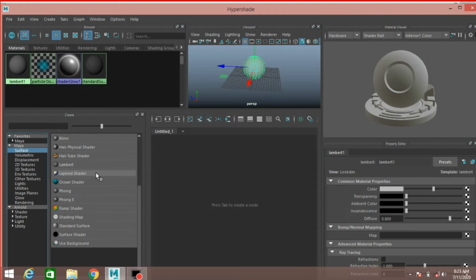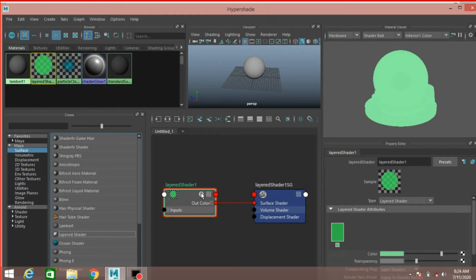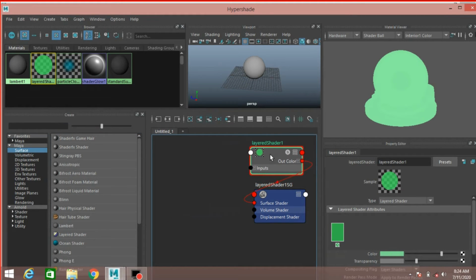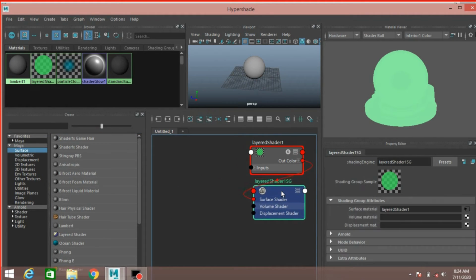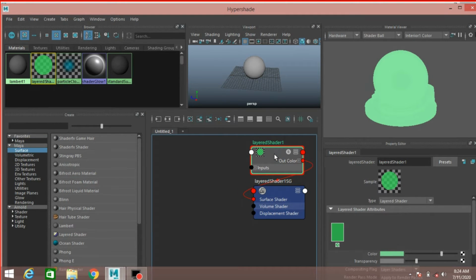This will show a bunch of materials. First click on this layer shader material. See and click. This is the layer shader material. The layer shader material shows two materials to look through.